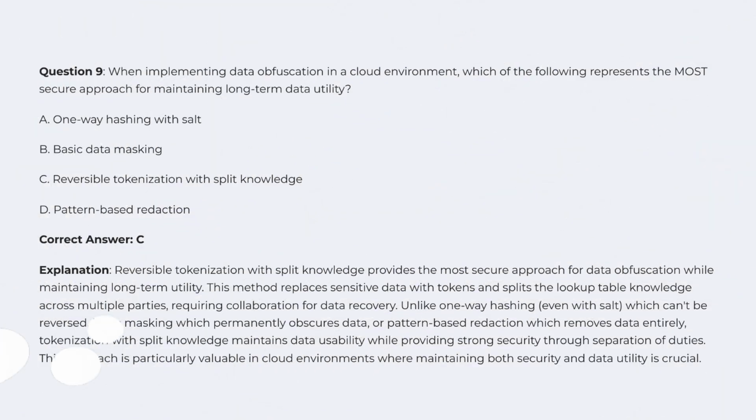Correct answer, C. Explanation. Reversible tokenization with split knowledge provides the most secure approach for data obfuscation while maintaining long-term utility. This method replaces sensitive data with tokens and splits the lookup table knowledge across multiple parties, requiring collaboration for data recovery. Unlike one-way hashing, even with SALT, which can't be reversed, basic masking, which permanently obscures data, or pattern-based